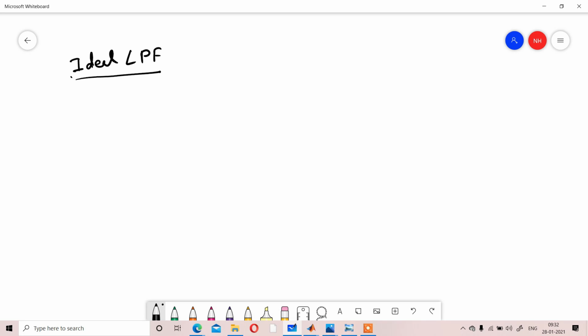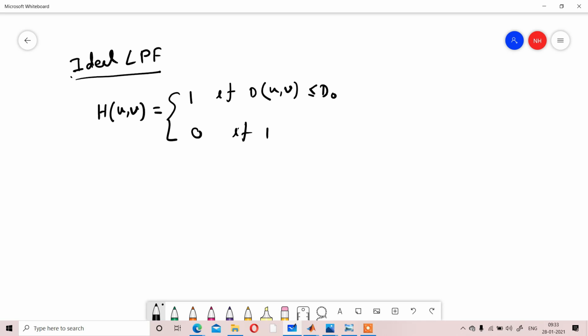The ideal low pass filter expression is defined as H(u,v) equal to 1 if D(u,v) is less than or equal to D naught, and 0 if D(u,v) is greater than D naught.